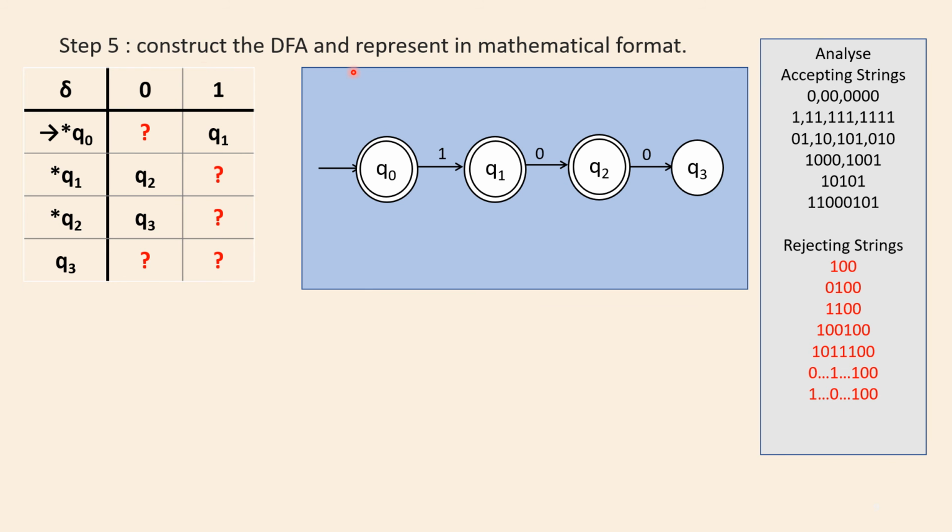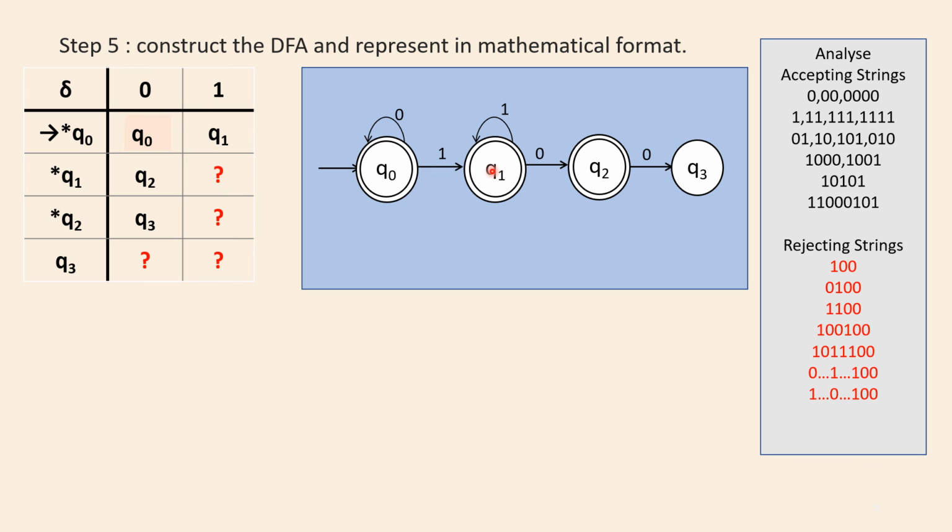So now let us complete the construction of the DFA and give its mathematical format. We know that this is the skeleton diagram where 100 is being rejected. So if I have the string to be 0 or n number of zeros, the DFA has to accept it. So I am looping zeros in Q0. 0 is accepted, 0, 0 is accepted, n number of zeros are also accepted because Q0 is a final state. Let us fill the transition table. Now if I have n number of ones, this also has to be accepted. So Q0 on 1 is going to Q1 and n number of ones I am looping in Q1, which is